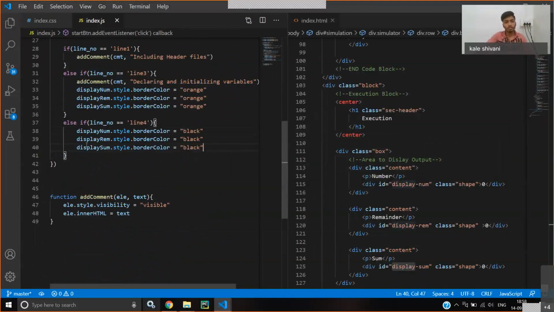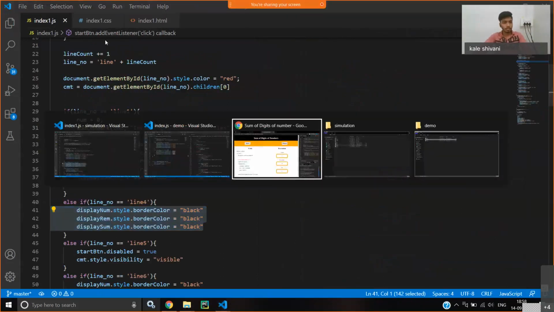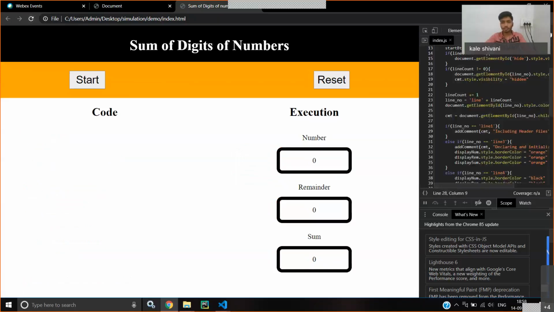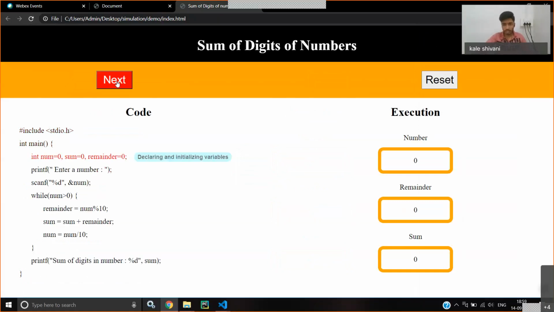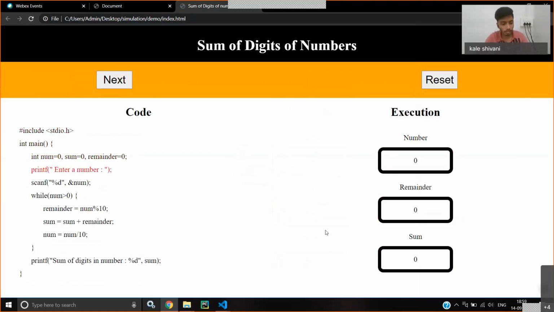Paste it. So this display num points to a particular element. We want to apply some style, so we use the dot style property, and inside style what we want to change is border color. Okay, so refresh this. Let me close this window and start. Okay, the color is changed and the color is again changed back to normal.